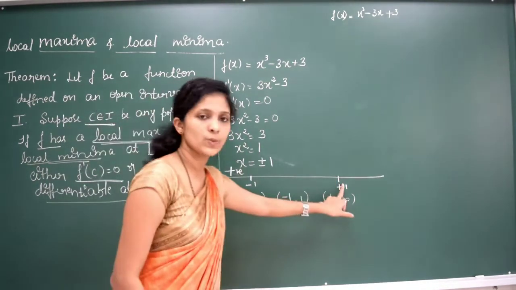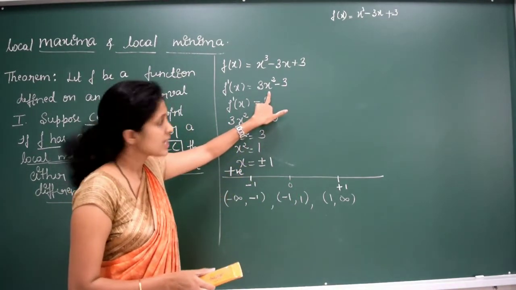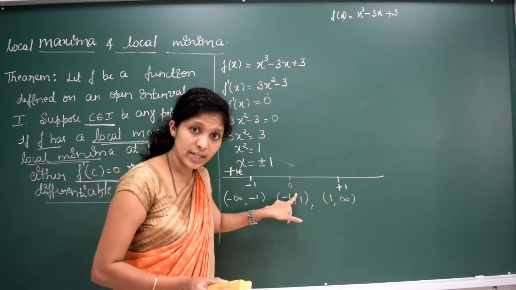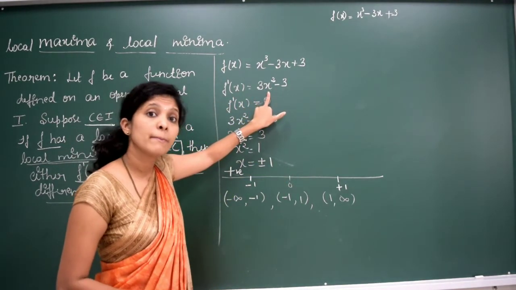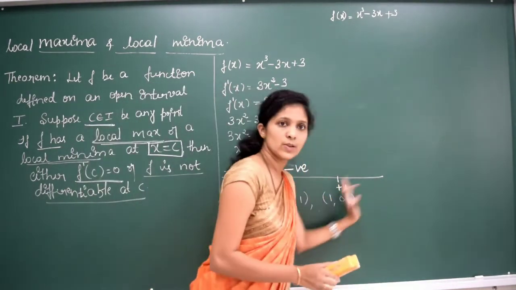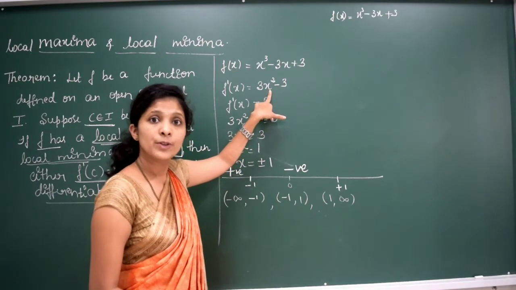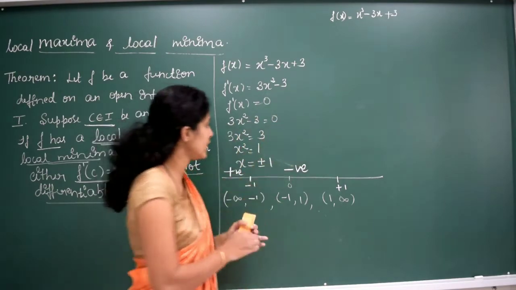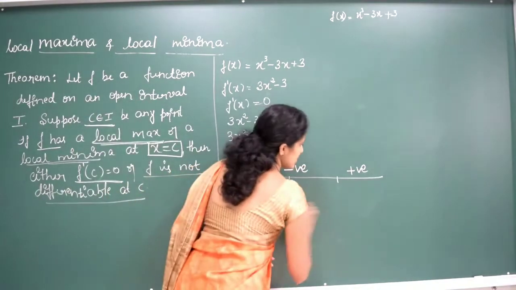Now we will check with minus 1 to 1. In between, 0 is there. If I substitute x as 0, f dash of x will be 0 minus 3, so this will be negative, right? Now if I consider values from 1 onwards, all positive values, we will consider plus 2. If I substitute plus 2, 2 square will be 4, 4 into 3 will be 12, 12 minus 3, you will get this as positive, right? This is the next step.